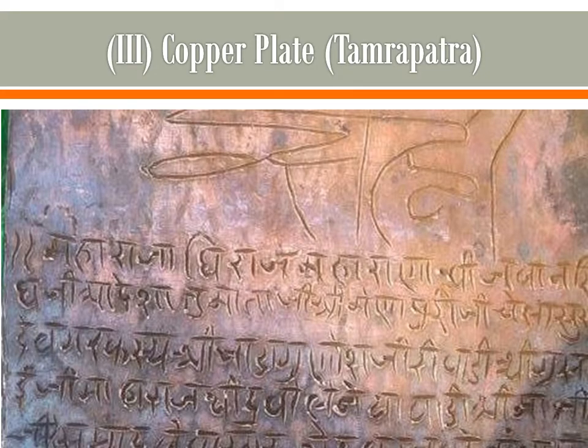Third tool is copper plate. Copper, in Hindi we call it tamra, and in Gujarati tambu. So as per the Sanskrit word, it is called tamrapatra. This is new. Let's read what is given in the textbook. The text which is engraved on copper sheet is called tamrapatra. In your textbook it is written Tadpatra, but there is a correction. It is called tamrapatra. Many kings have engraved information about their administration and donations on tamrapatra.